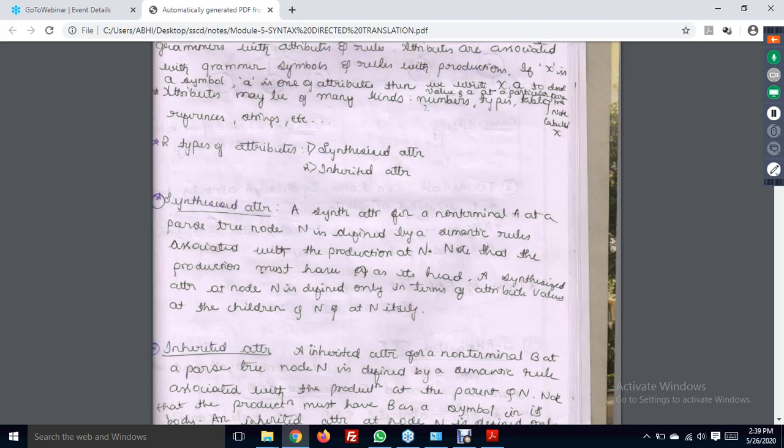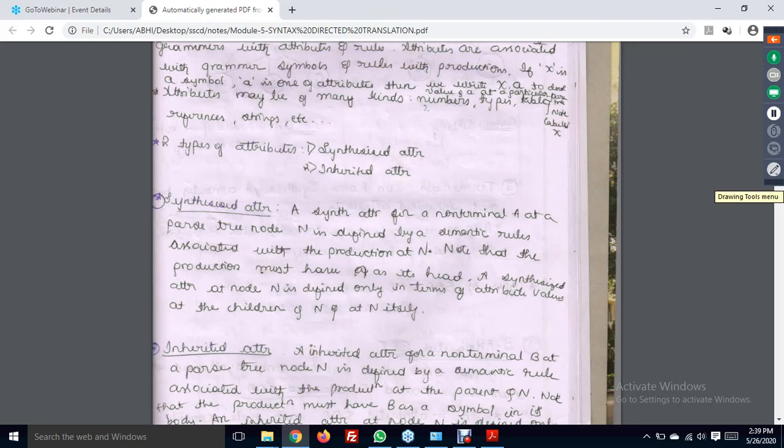A synthesized attribute for a non-terminal at a parse tree node n is defined by a semantic rule associated with the production of n. Note that this is important: the production must have n as its head. A synthesized attribute at node n is defined only in terms of attribute values at the children and by itself,